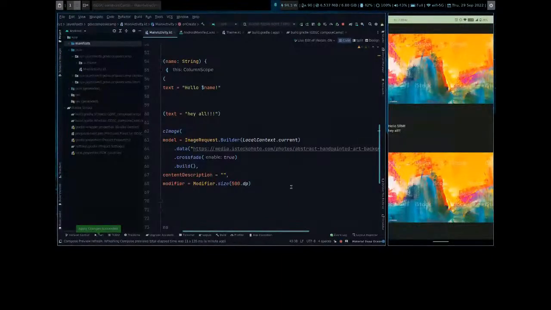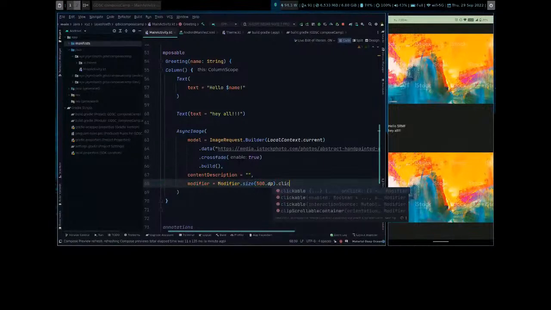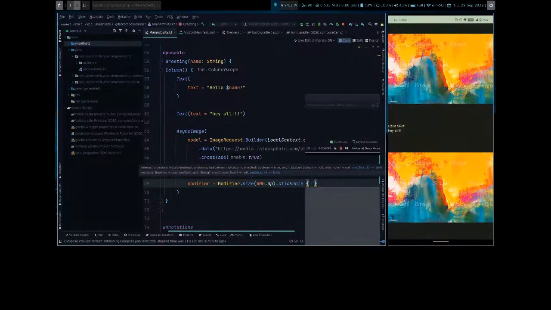So what if you want to make it clickable? You have an image that you want to click to launch something else. There's a modifier called clickable. If you press Ctrl+P, it will show the multiple parameters that you can place here.